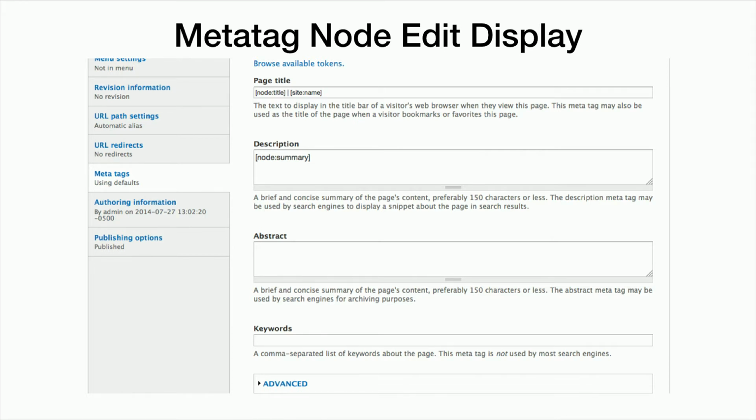that would work. You can use a combination. It says browse available tokens there. It'll give you a list of probably hundreds of tokens that you can use, of various fields on your page or various information that's all across the site. But you don't even have to use the tokens if you don't want to. You can just write in your whole page title, and it might not even include the company name, which I wouldn't recommend, but you could definitely do it. And